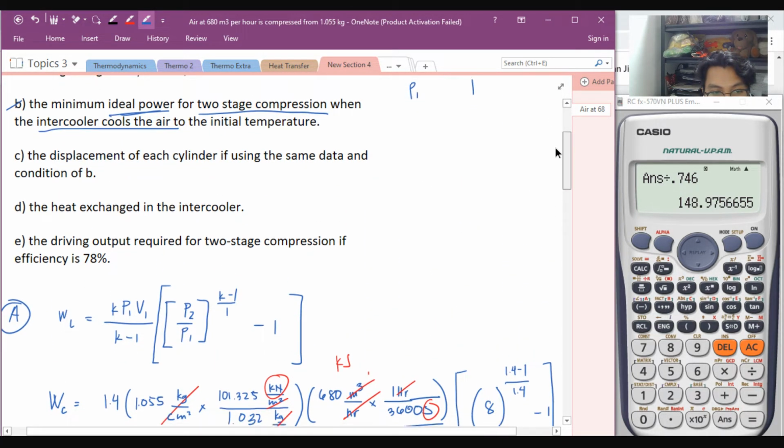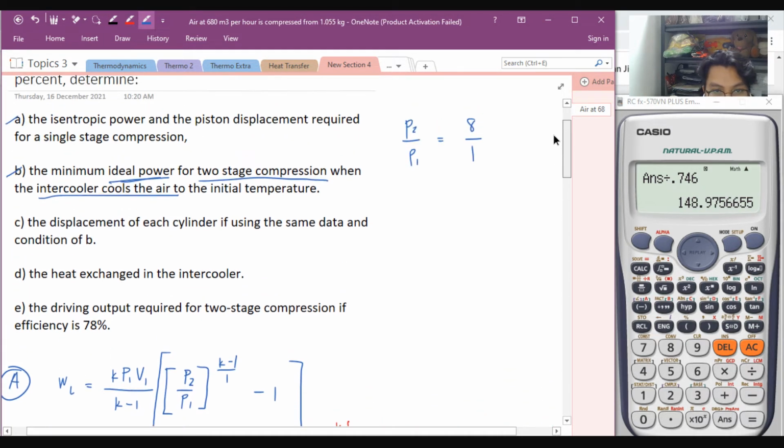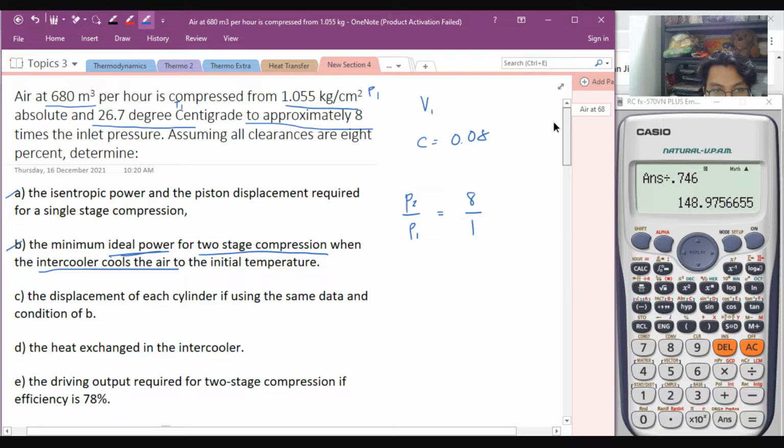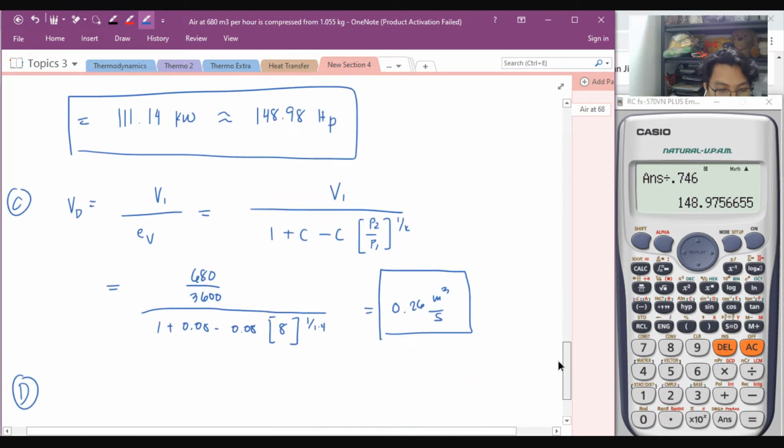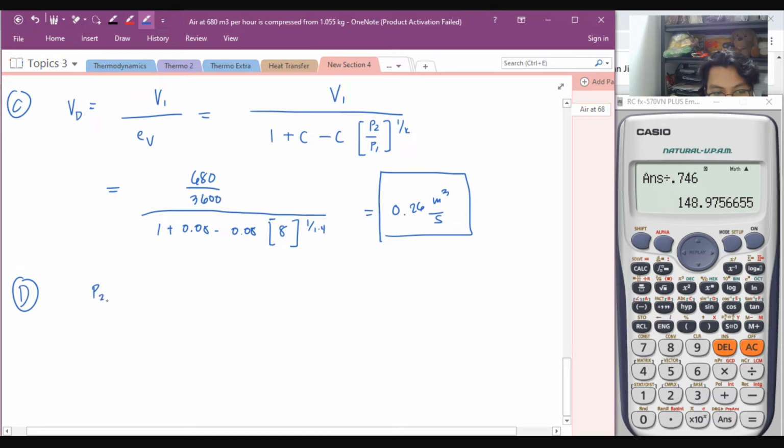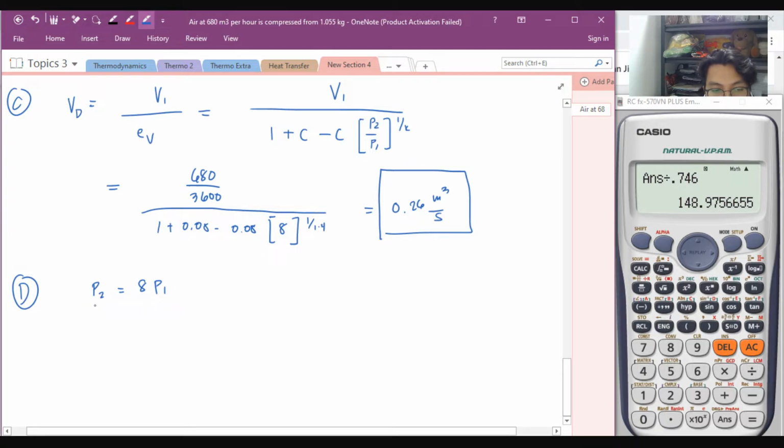So, D, the heat exchange in the heat cooler, MCP delta T. Asan yung final dito? To approximate times the inlet pressure. Okay, meron kang P2. Okay, P2 is equal to 8 ng P1. Intercooler, ano nga to? P1. Oh, so, P2, P1. So, P1, P2. P2 is equal to 8 times